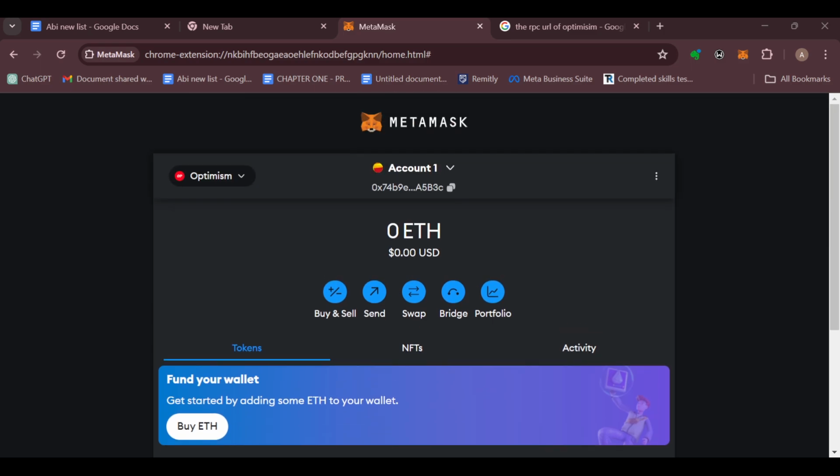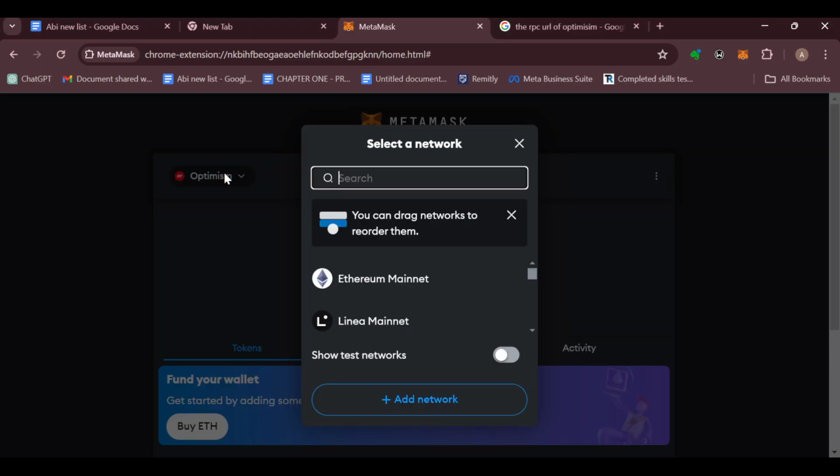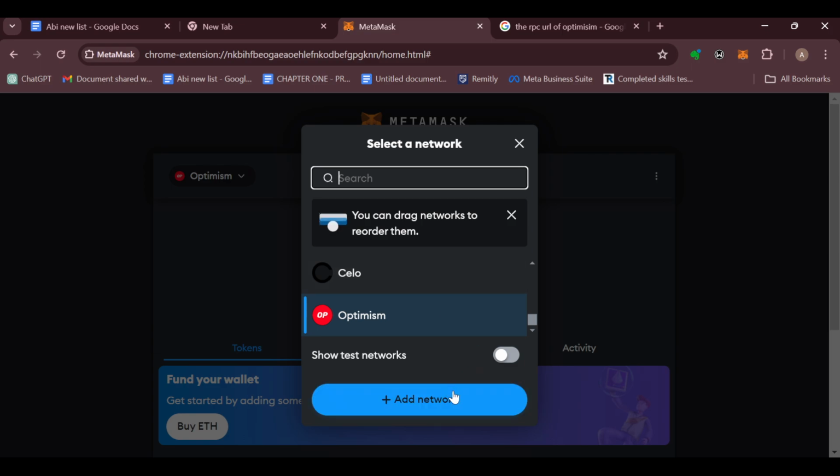So the first step is to open your MetaMask browser. Once you've opened it up, on the page move to the top left corner where you can see your network drop down menu. Once you can see it, select it. Then in the box displayed, scroll down to check for the Cronos chain. Then if you cannot find it, just go ahead and click on